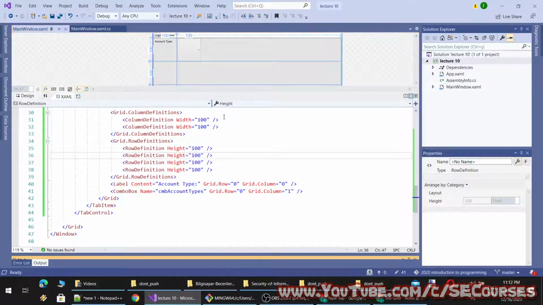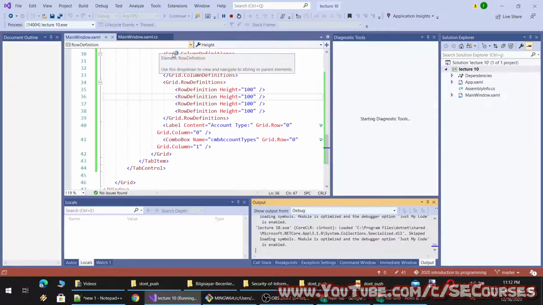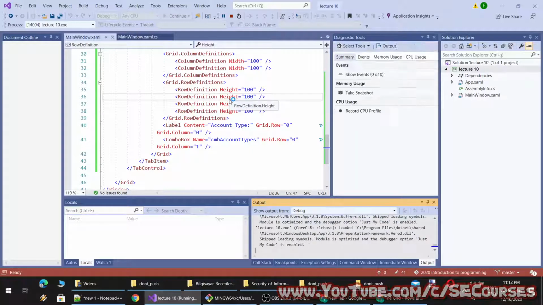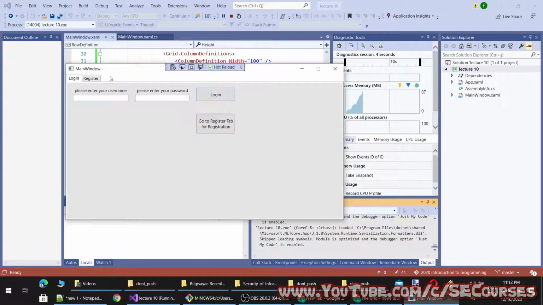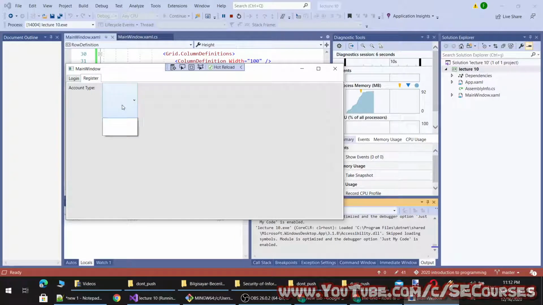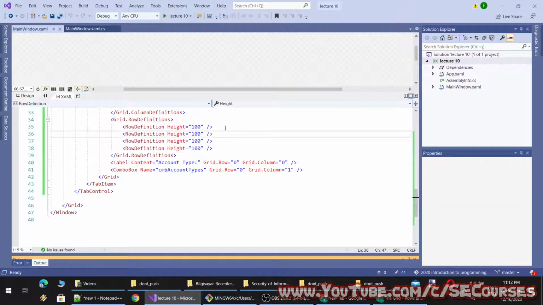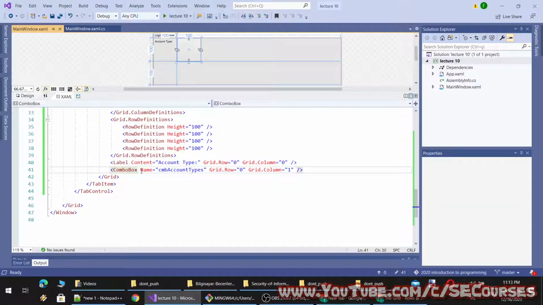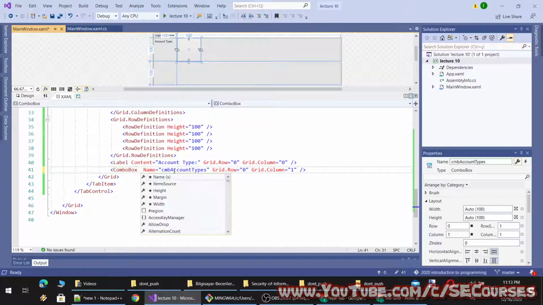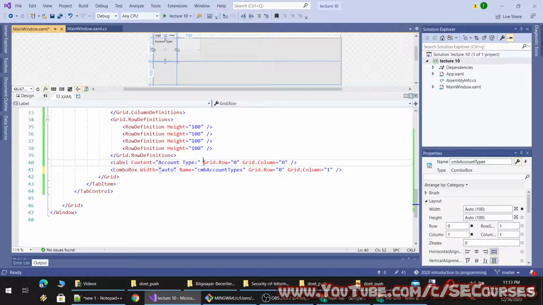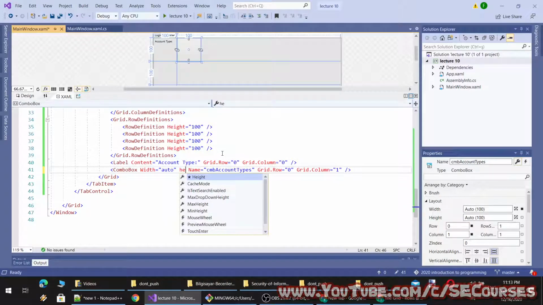Let's run the application to see. Currently, this is not positioned as centered. I will also check if it is possible. Okay, now it is 100 height and 100 width. So can we set width and height as auto? I wonder that.